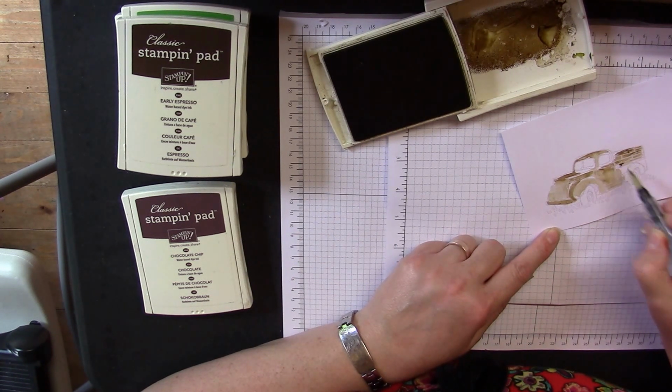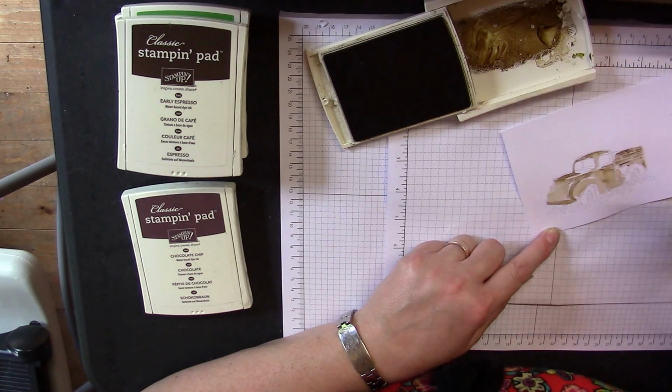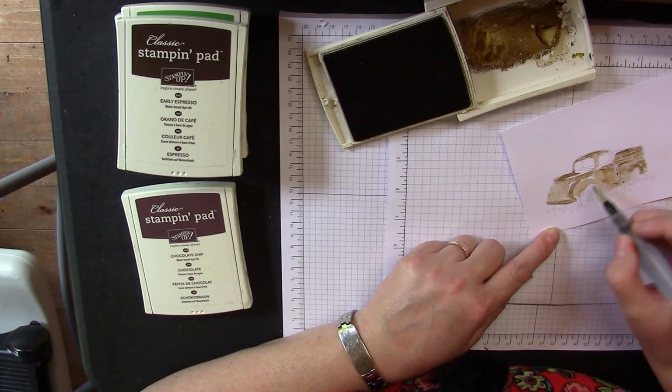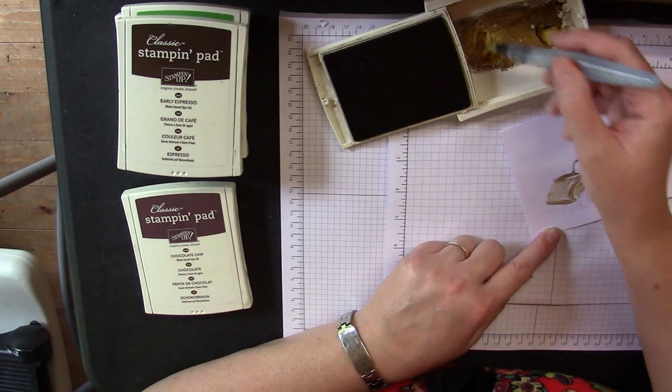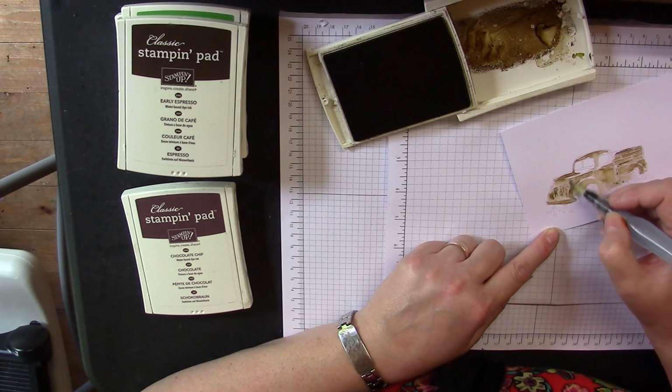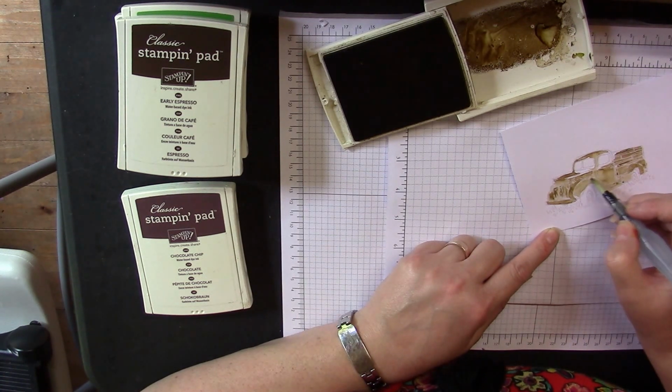And you can see how the ink resists the clear embossing. Now when I tried this with white embossing powder, I found that it stained the embossed image, so I decided not to go with that. Now you could put some 50% rubbing alcohol into this. I'm taking you through the process quite quickly,